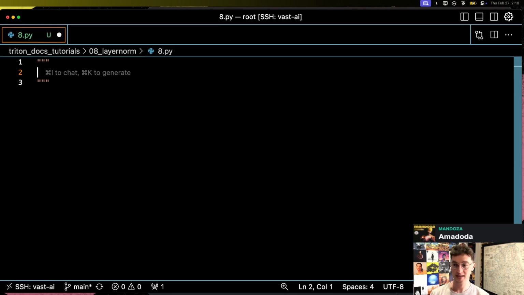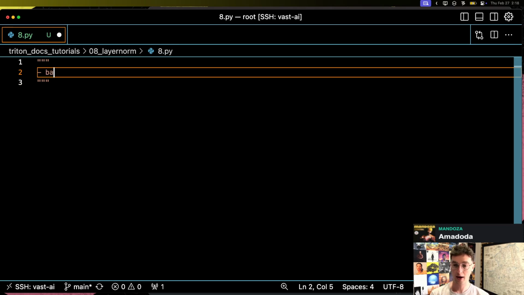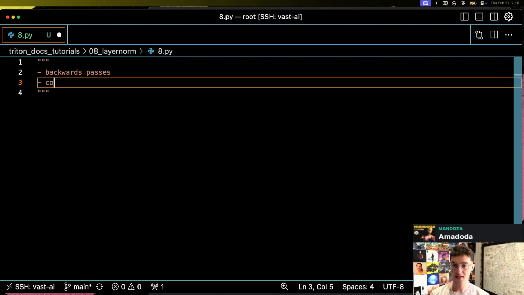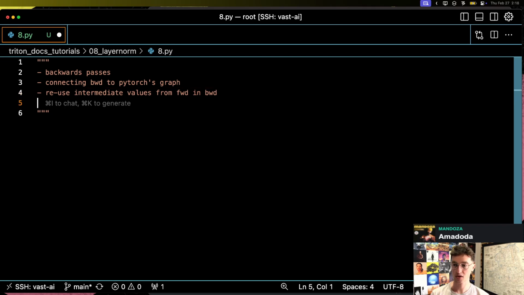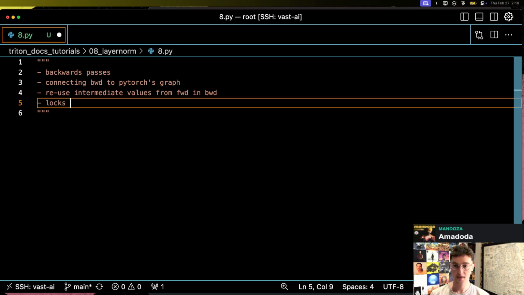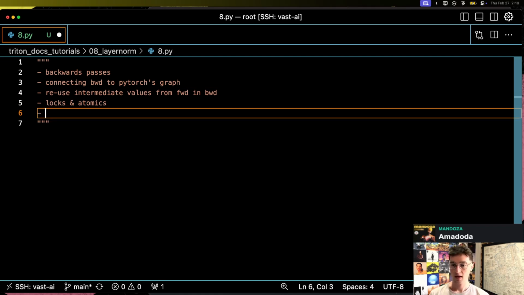What we're learning today, we're going to use Layernorm as the function we do it with. We're going to learn backwards passes, right? How to actually write one, as well as connecting the backwards pass to PyTorch's actual graph. And we're going to learn how to reuse intermediate values from the forward pass in the backward pass and why that's good. We'll also learn how locks and atomic operations work and what they are, as well as